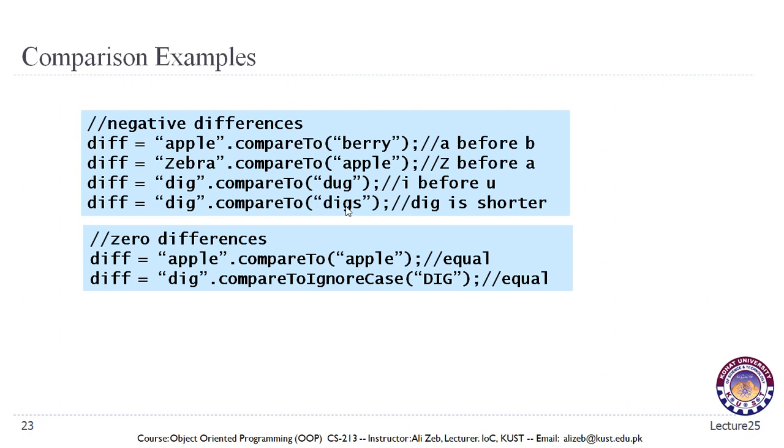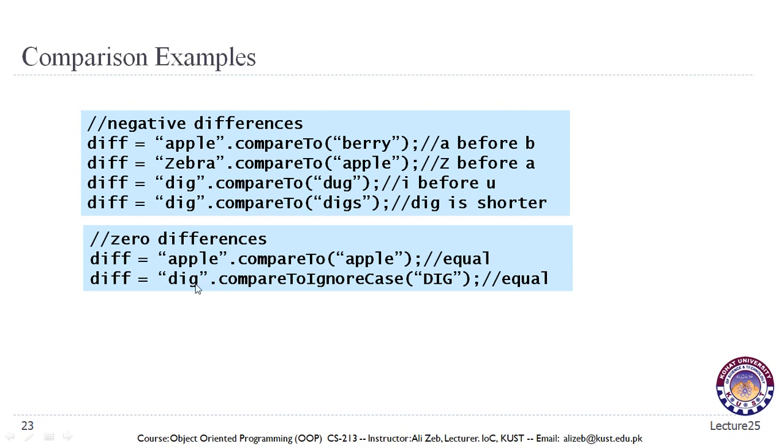So apple compared to apple should return 0, and all of these should return a negative number. All of these should return a negative number, since when this string comes before the string that we are comparing to, it should return a negative number. So these should return negative numbers. This should return